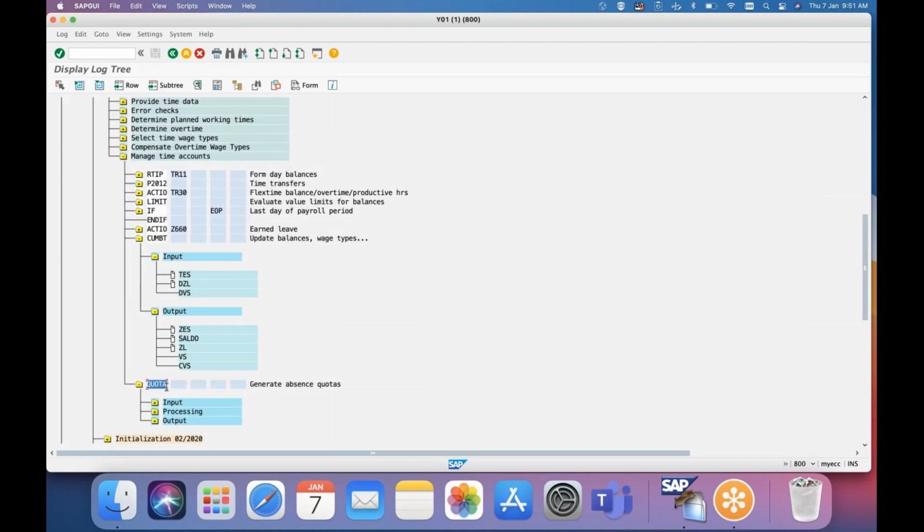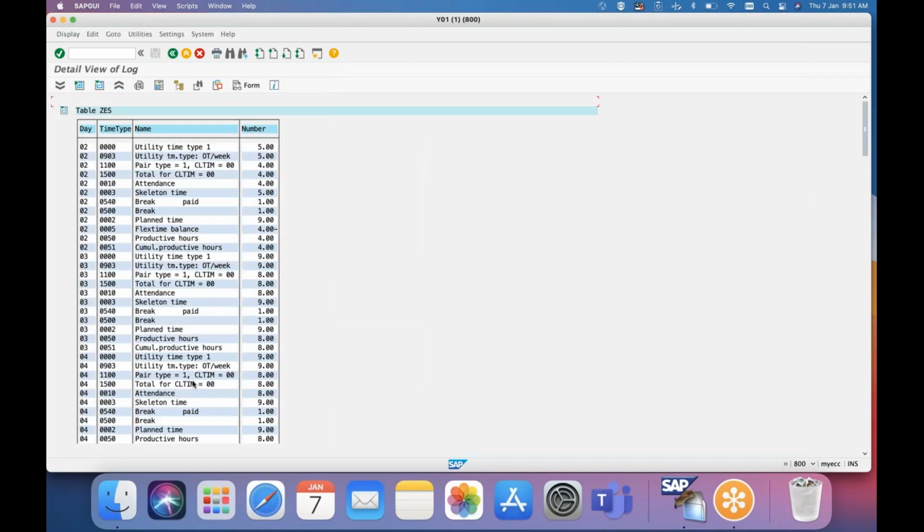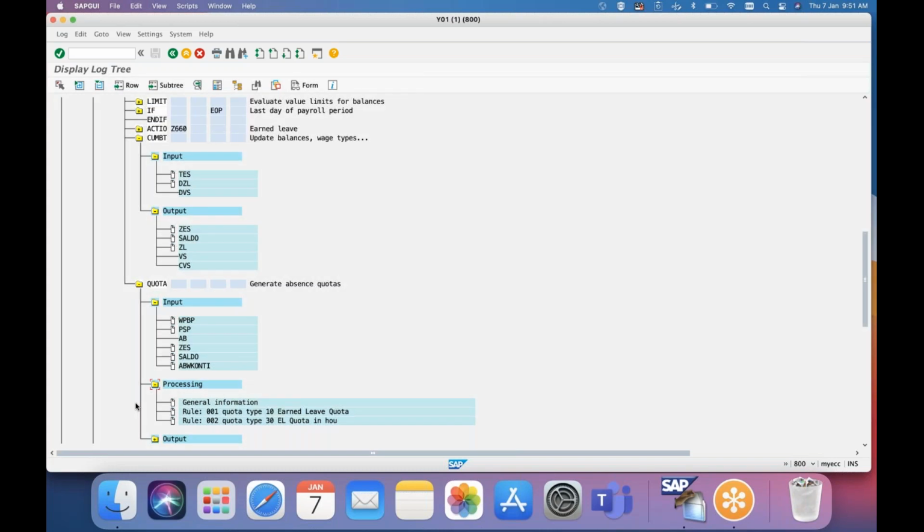This is the quota function to generate absence quotas. If you see the input, these are all the input tables, especially in our case, as per our configuration, this is the input table where we have ZER on 31st.